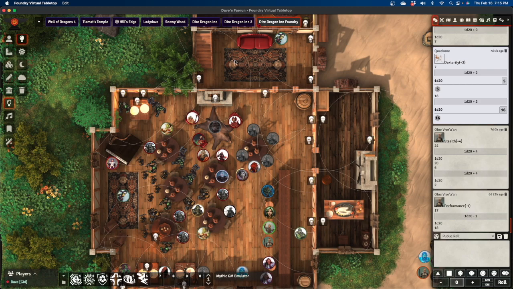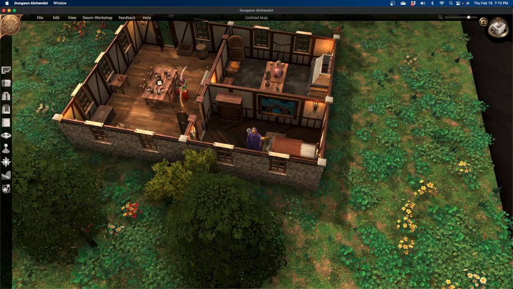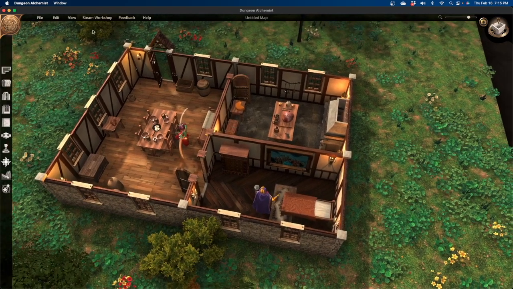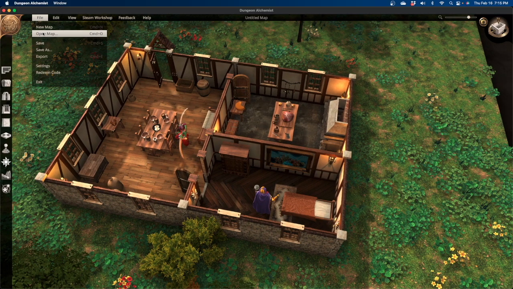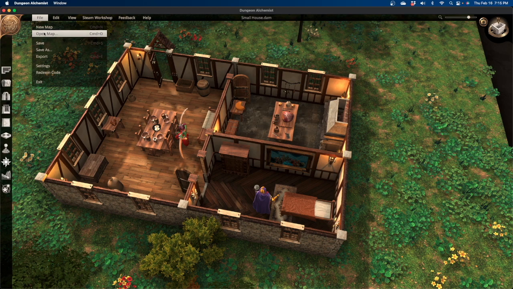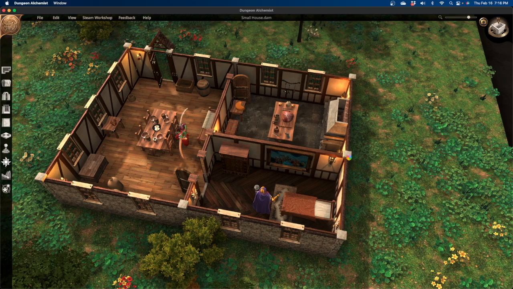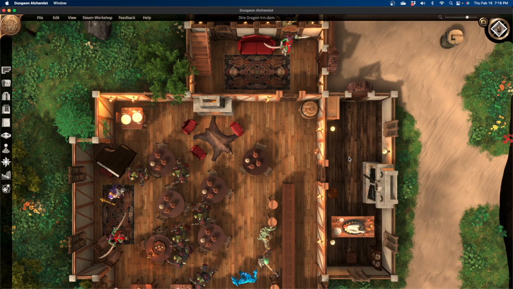But one last thing. I'm going to jump back to Dungeon Alchemist. All right, we've created this, I created the Dire Dragon Inn. Now I can open up a new map, or open up an existing map. I'm not sure what the M stands for. Open. Okay, the reason I want to do this is because we watched Yagov walk into the house, and that was